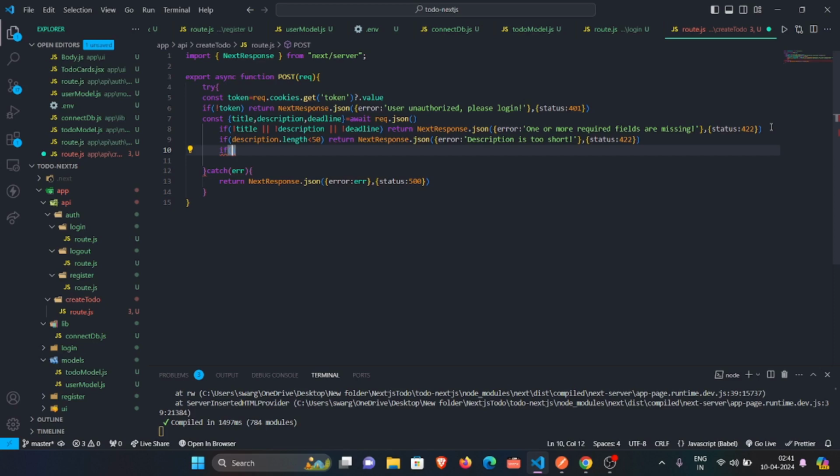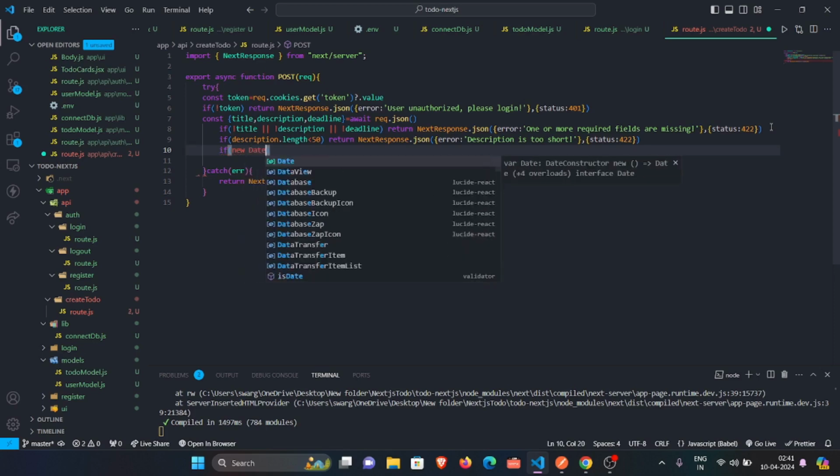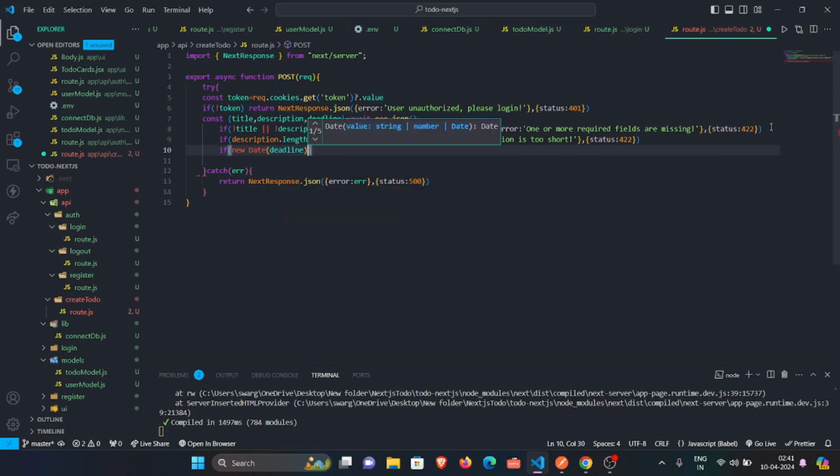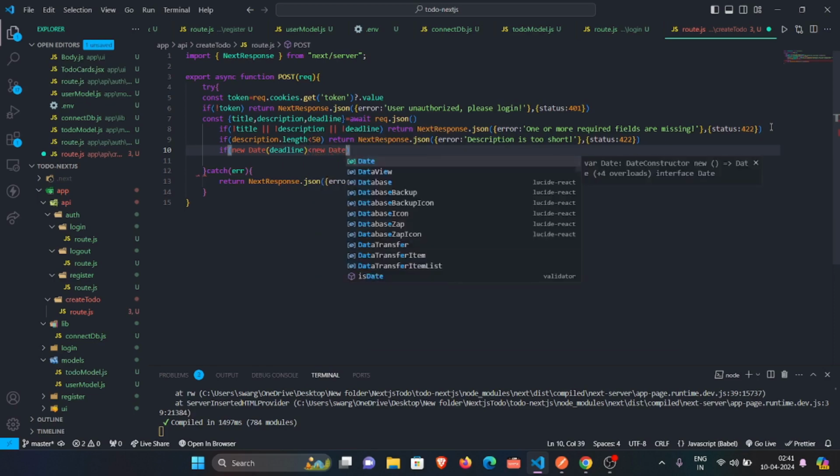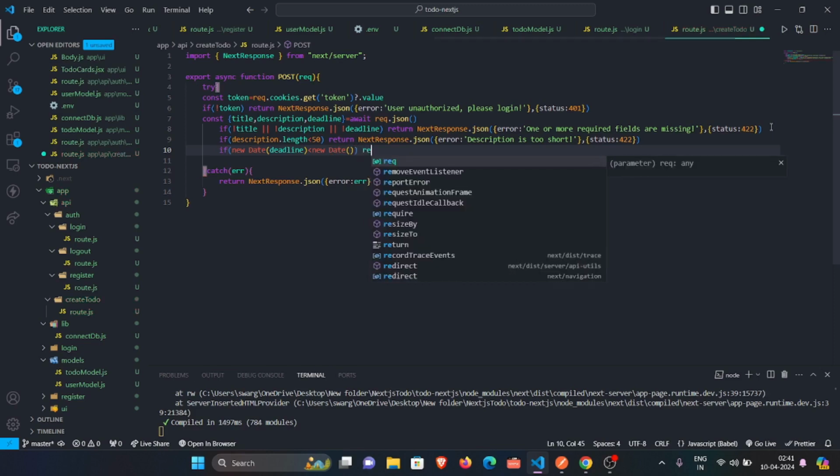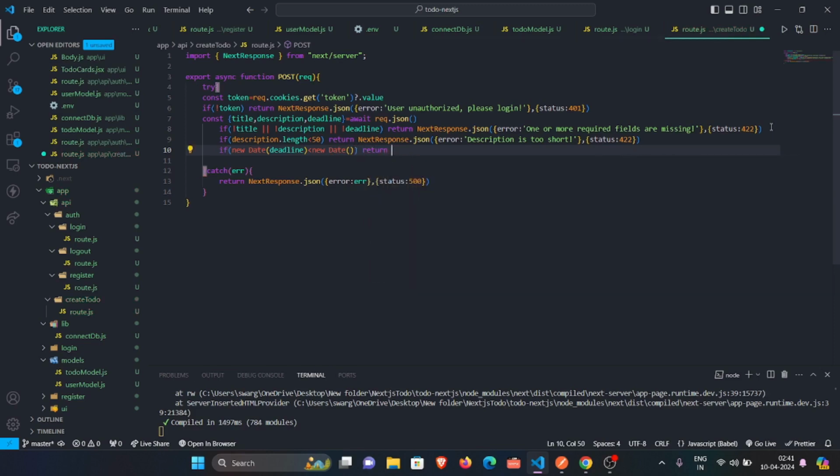So we need to check for that, using new Date(deadline). If it is less than new Date(), that is the current date,